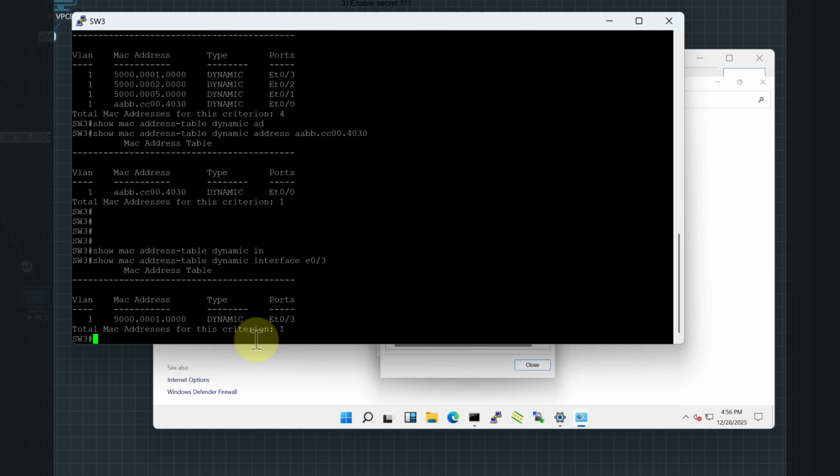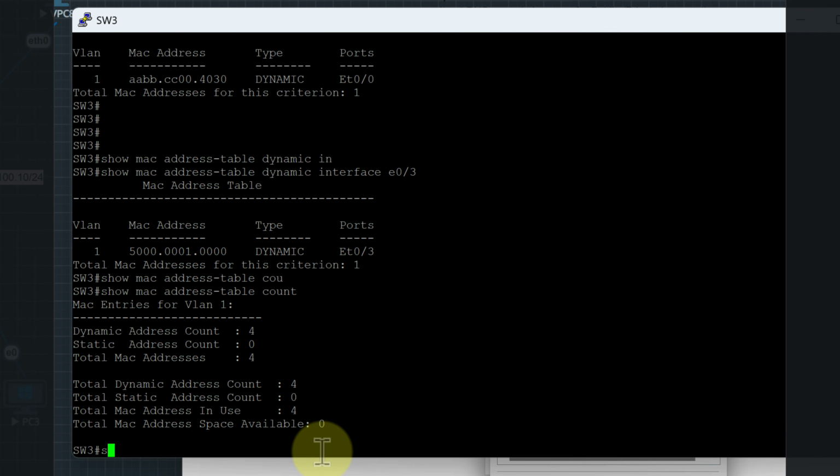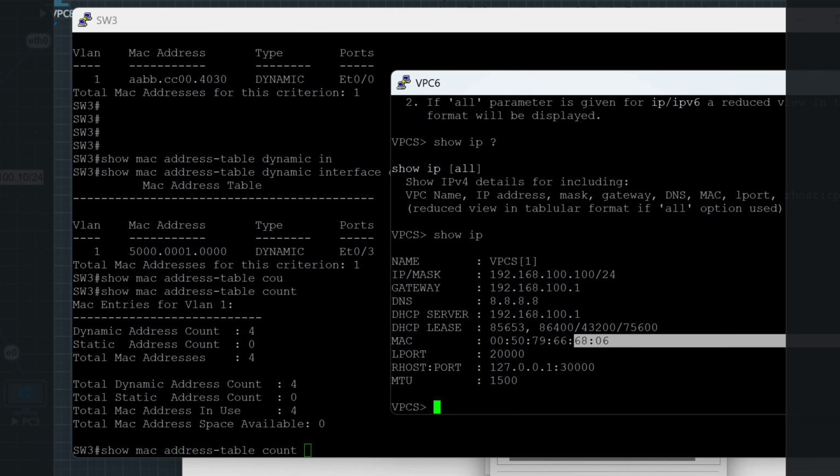Show MAC address table count. And the system counts 4 MAC addresses. Why? Because we didn't touch the other systems. It doesn't see anything. Let's make it count 6